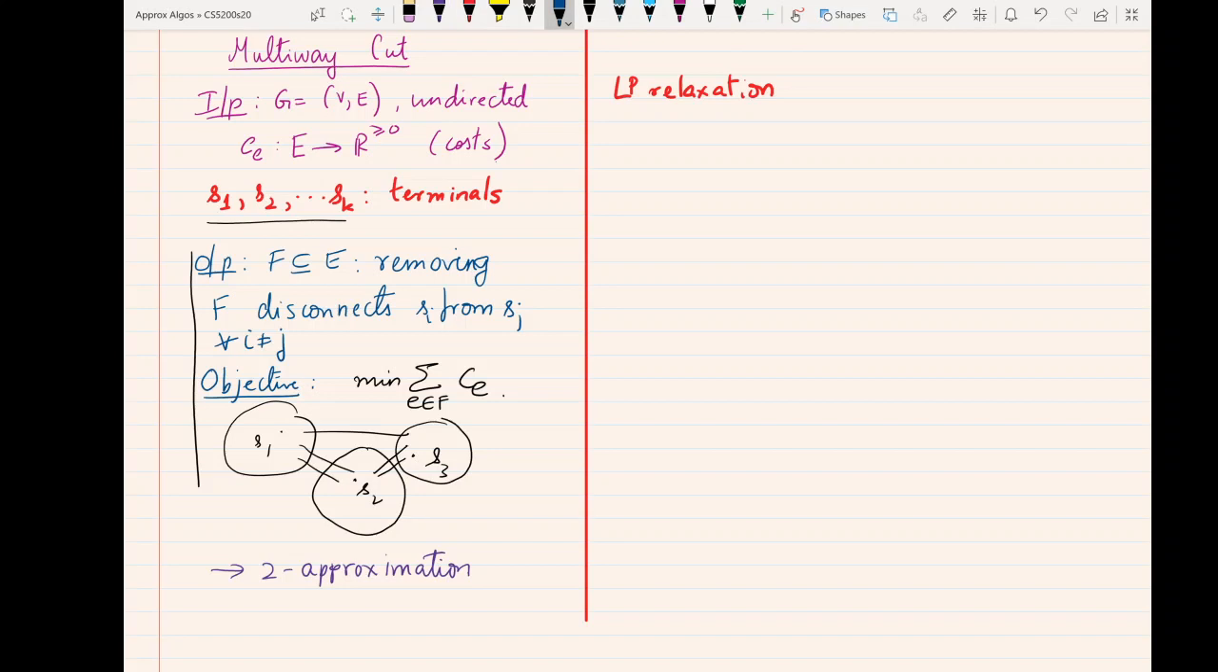Notice that there we had actually written out that the distance between S and T should be 1 for the D variables. Here we'll want that the distance between Si and Sj, for every pair ij where i is not equal to j, is at least 1. So you have, as before, a minimum, a summation over E